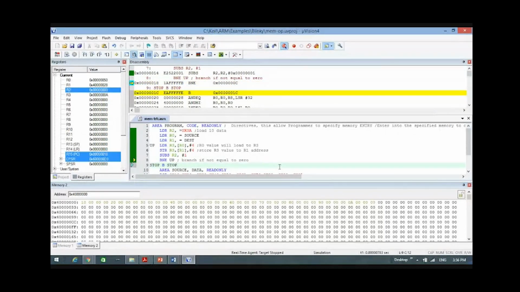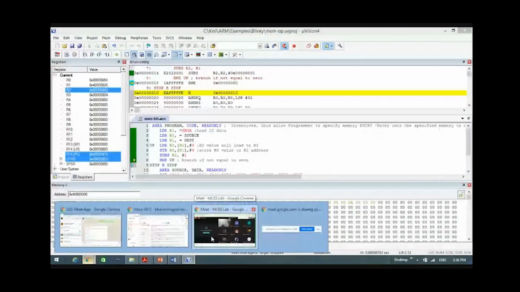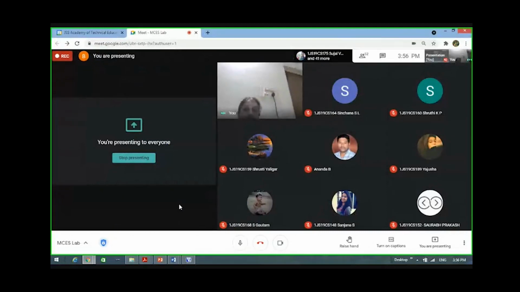I hope you have an idea of how to run an assembly program, an ARM assembly program. Next class onwards, we will be executing the lab programs. Before executing the lab programs, I will show you some more sample programs, how these programs can be executed, and how the registers and memory contents can be viewed. Today, I think you have an idea of how to view the register contents, how to view the memory contents, and